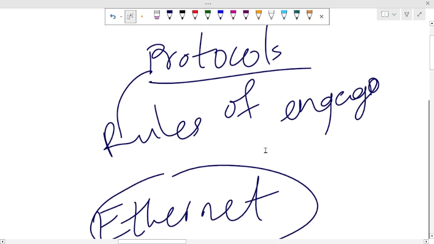Okay, so when you pack some set of rules together for engagement, they now give it a name, Ethernet. Do we get it? A collection of rules, one of the examples is what? Ethernet. So Ethernet is a set of rules of engagement. It's the same thing as protocol, just like protocol has been defined. Give us an example: one, Ethernet. Do you get the idea?